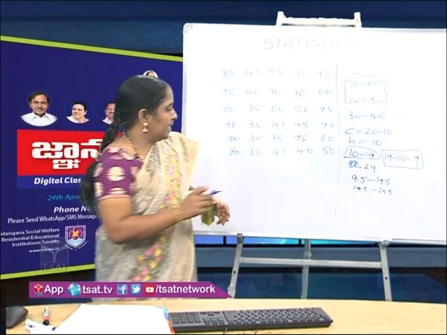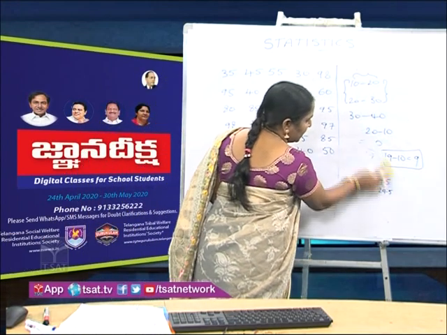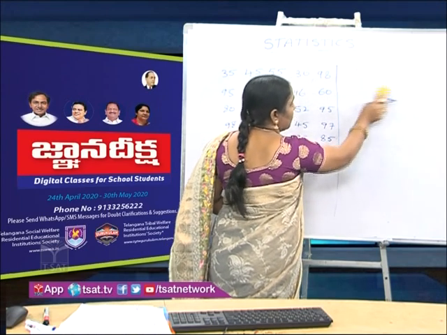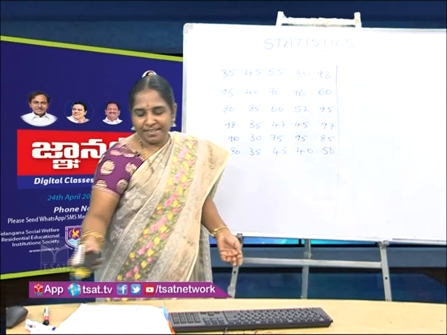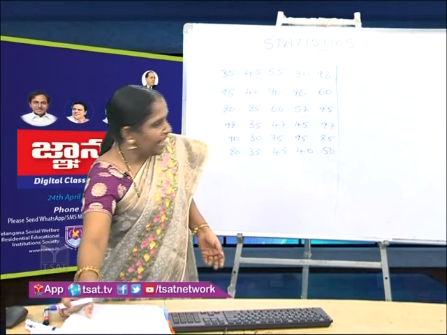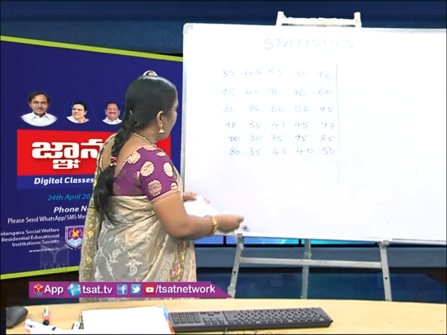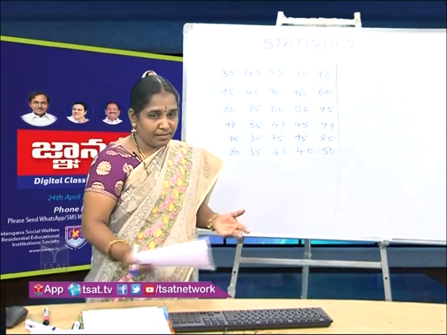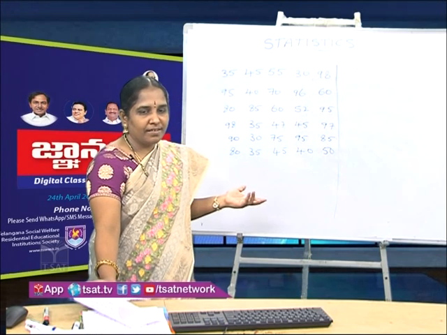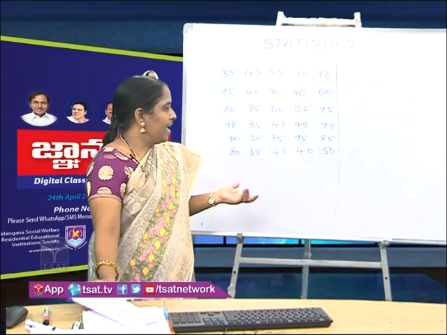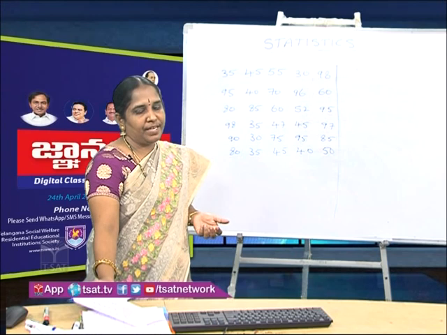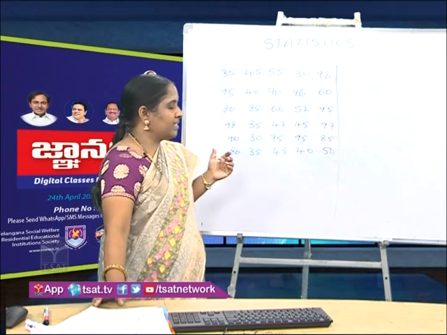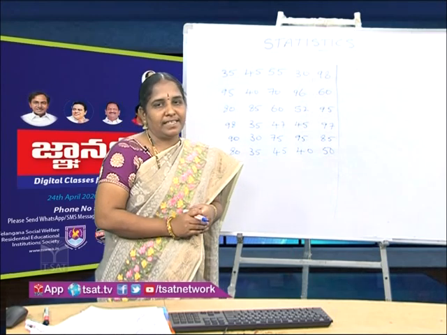Now, we have this data. What shall we do? Shall we prepare inclusive or exclusive? Which one? Or both we prepare. Okay, first exclusive we will say. And to prepare the exclusive classes here, as I told you, how many classes do we have to make here? And what is the size of the class that we have to take? That we have to decide now. How can we find the size of the class or number of classes?